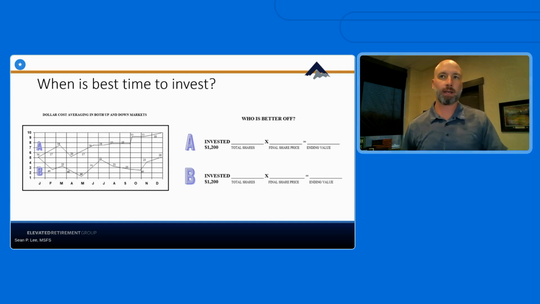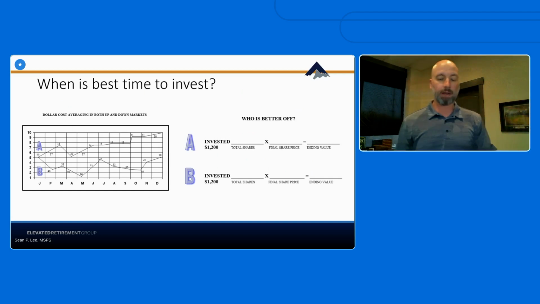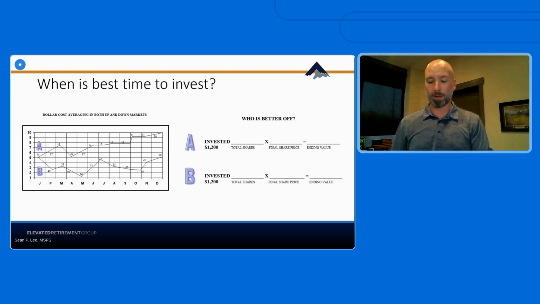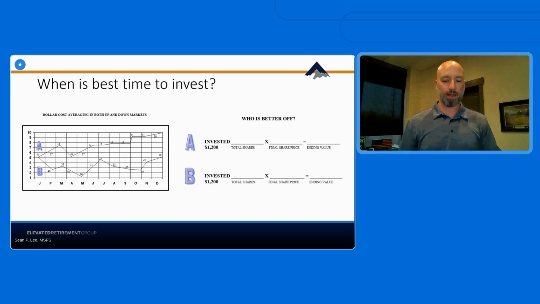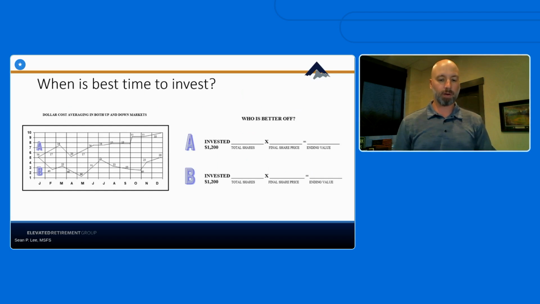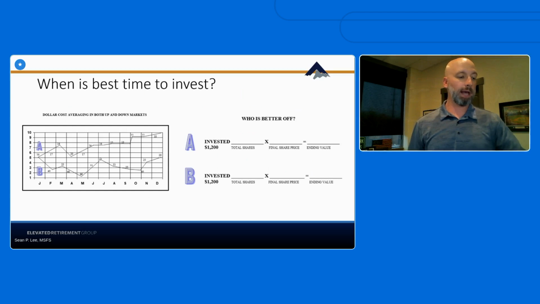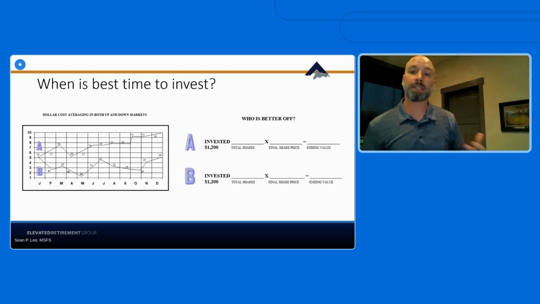Client B then invests, and they went through a tough time, right? The markets went through a painful time. So now they bought 20 shares to start. The stock price went down to $2.50, so they got 40 shares. And then it went up, they got 33, and then they got 40. And then it really plummeted, and they got 66. And then they got 33 again. Then they got 25, and 33, and 35, and 40, and 25. And then finally 20 shares. So client A, they have 174 shares.